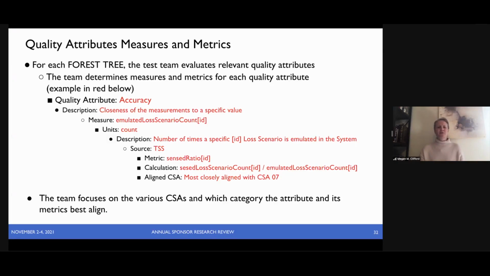So one aspect of the research is diving into the quality attribute measures and metrics. And a quality attribute is a measurable or testable property of a system or realized non-functional requirement that's used to evaluate the performance of a system, and they're architecturally significant. By definition, an architectural mechanism is a structure whereby objects collaborate to provide some behavior that satisfies a requirement of the problem. And we're specifically interested in those mechanisms that significantly affect